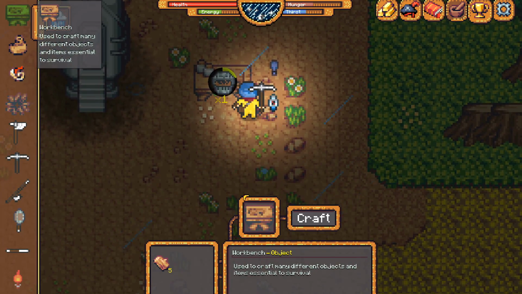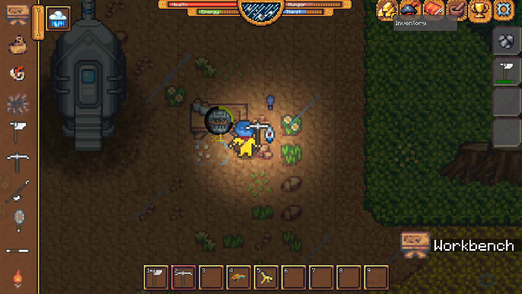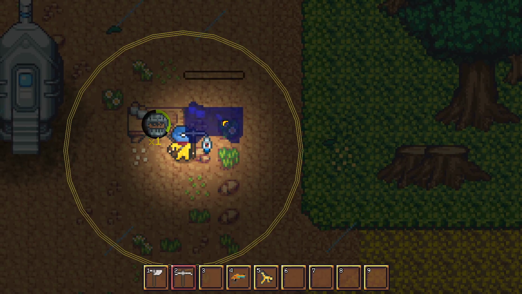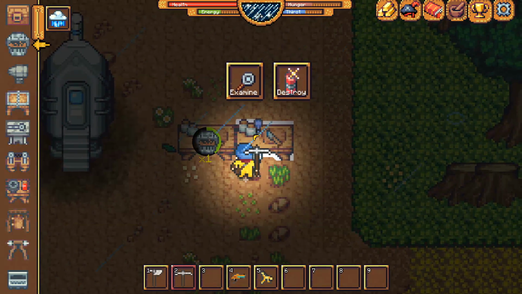Oh, okay. All right, we'll make another one of these then. We'll have 2 workbenches. That way we don't have any major stop gaps in our efficiency. Yeah, we'll place it right there. Perfect. All right. So now...